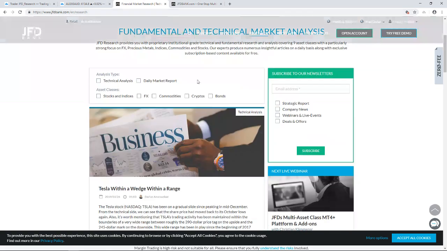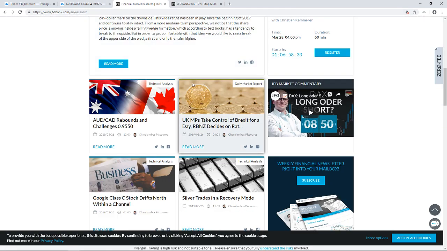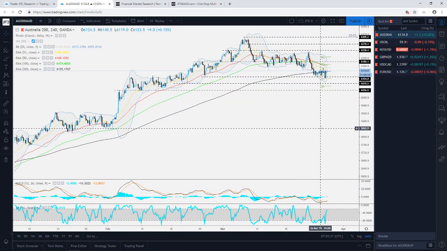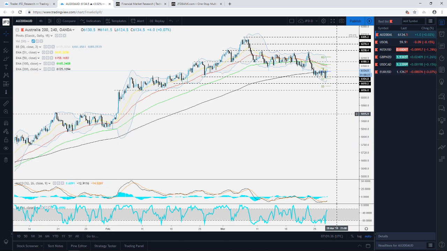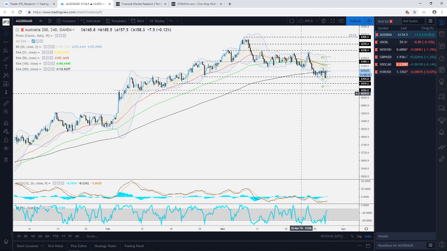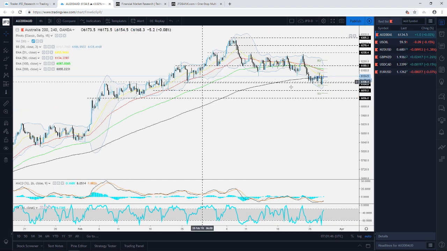Okay, so now then guys, let's quickly jump into the charts. The first one I want to touch on here is the ASX200, so the Australian index. You probably don't look at it very often, but there is still very interesting trading activity here. Looking at this index, you can see that it slid lower. It managed to drop below its 6,200 level, and of course now it seems that it's traveling lower and currently balancing around this 200 EMA.